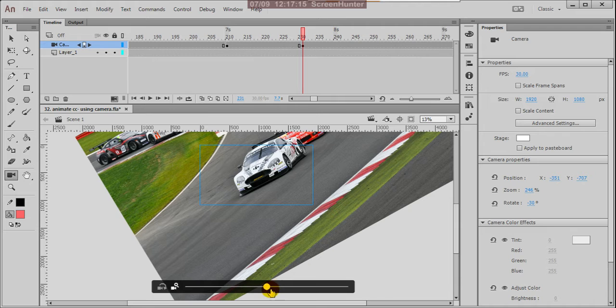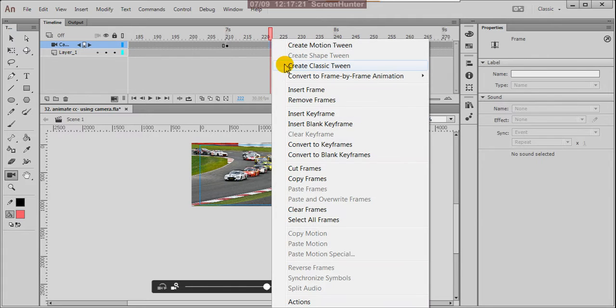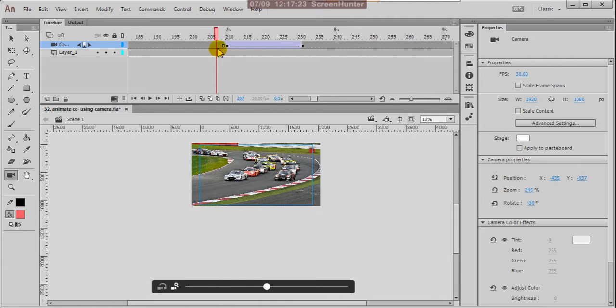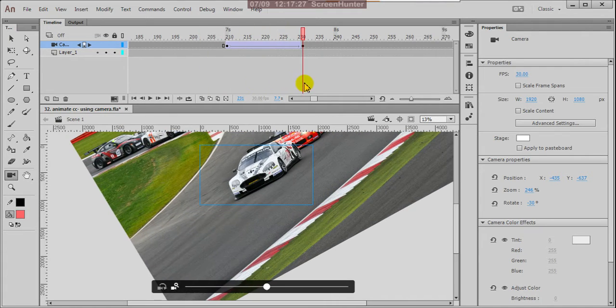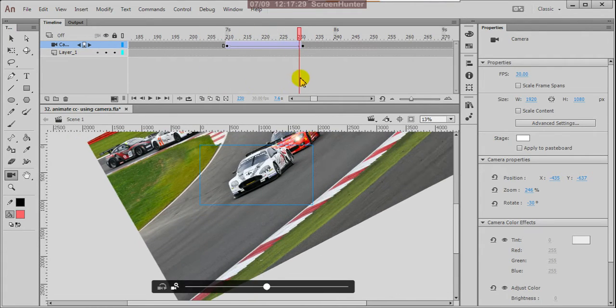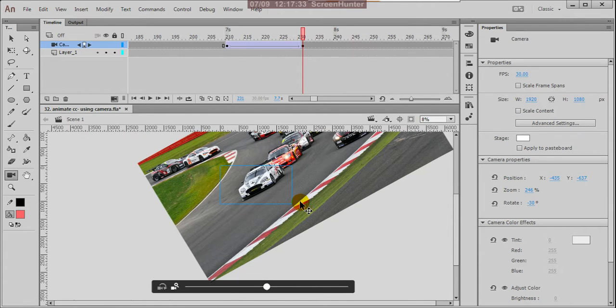Fantastic. Okay, but here you give classic 10 so that it is giving that turning position, and then after that